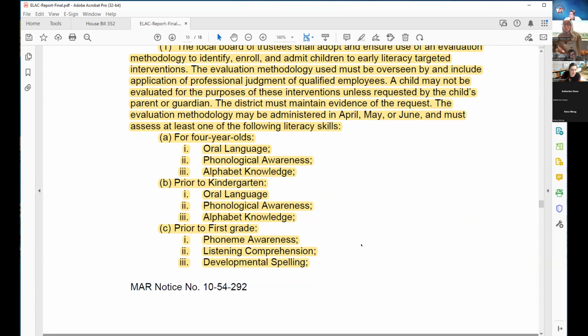So once that initial blanket criteria of is it a universal screener or is it a traditional screener, after that filter was applied, then we had a list of universal screeners. And there's a lot of universal screeners out there that are literacy, and a lot for early numeracy as well, and some of them capture all of them. It just sort of depends, but for the purposes of this bill and the way that the language was written, the selection of a universal screener for these purposes had to be